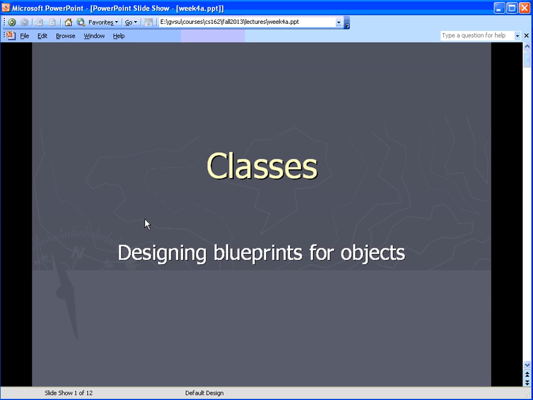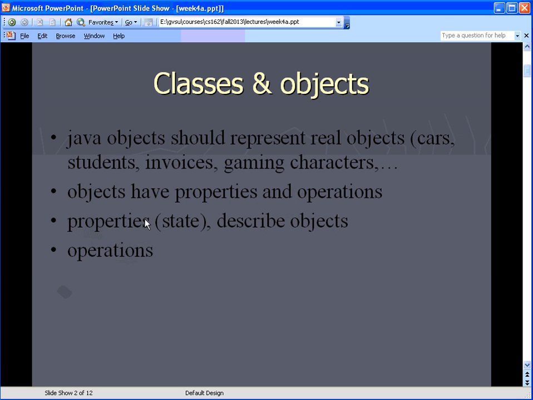Alright, we're going to start talking today about the classes in Chapter 4. This is the chapter that talks about how we design our classes so that we can create objects from those. Objects in Java are software representations of real objects, such as representing people or students or teachers, that sort of